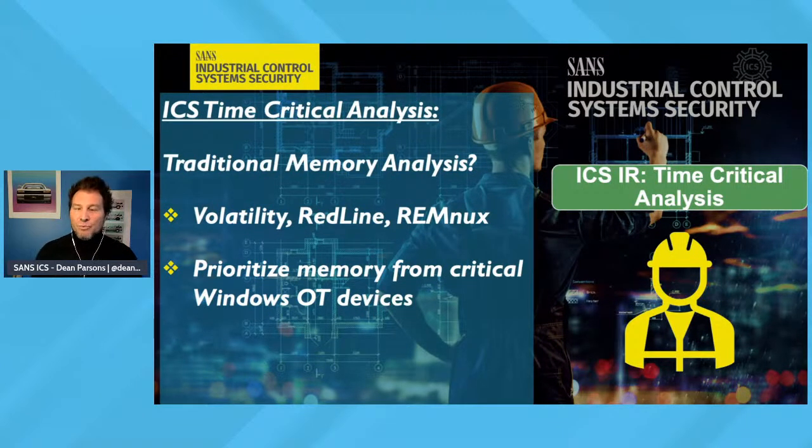But again, no surprise, we're going to prioritize memory from those critical Windows OT assets we talked about several times on this show, which is the data historian, the HMI, of course, and the engineering workstation, critical assets that we know are targeted. Getting memory from those is perfect. And going back to the last episode, positioning those USB extraction toolkits around those assets is really kind of where we want to be. So yes, we can leverage Volatility the same way you would in IT.